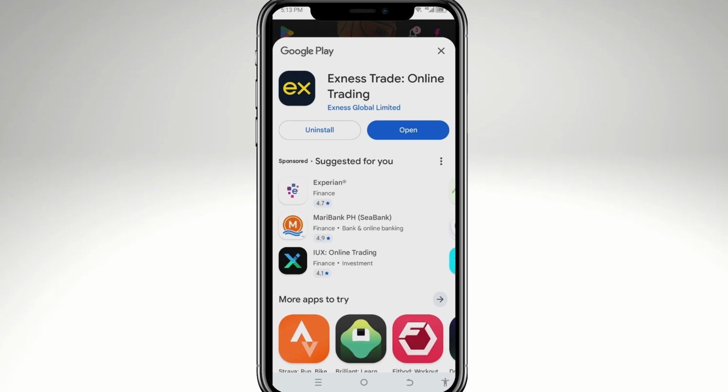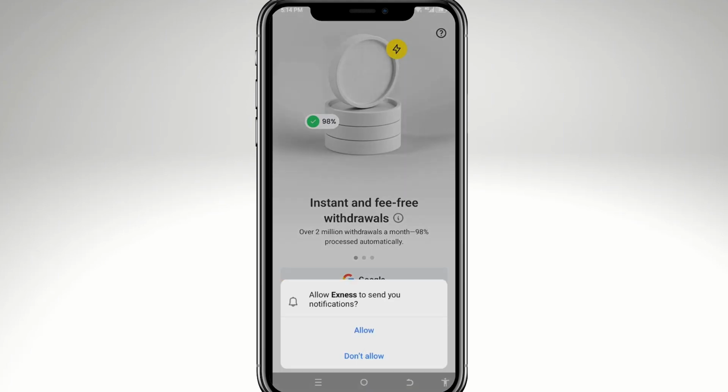Once the installation is complete, you will see the open button. I want you to click on it, and there you go. You will find the Exness app homepage, and all I have to do at this point is to log in